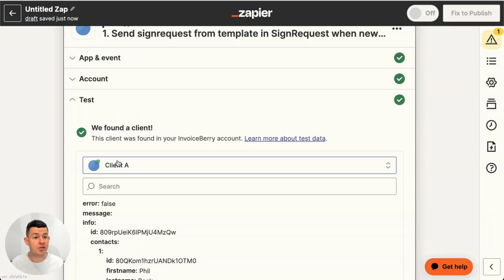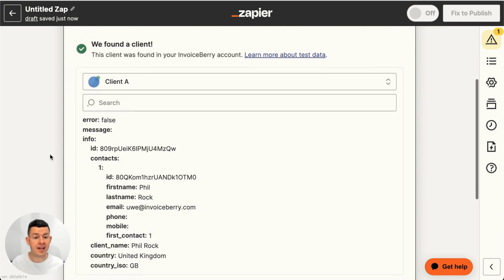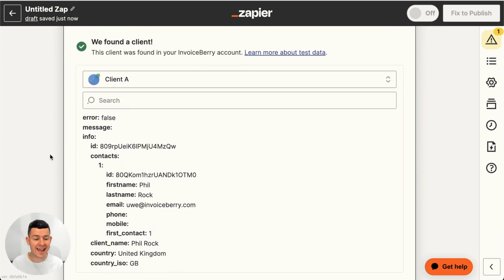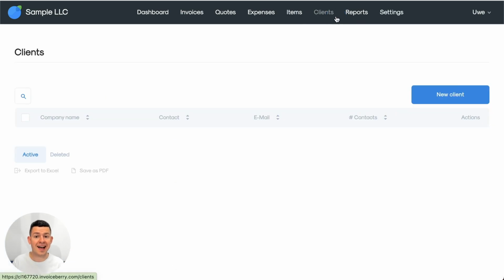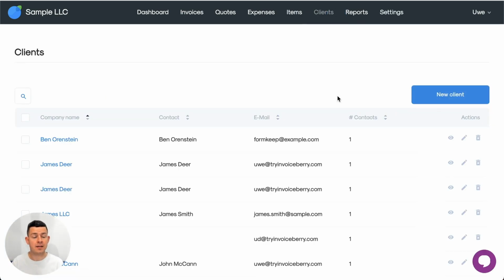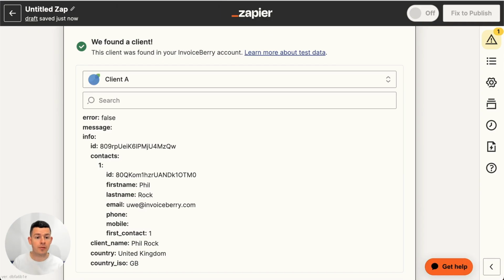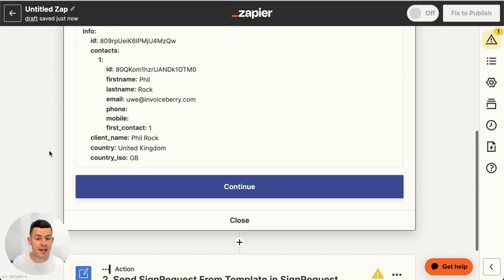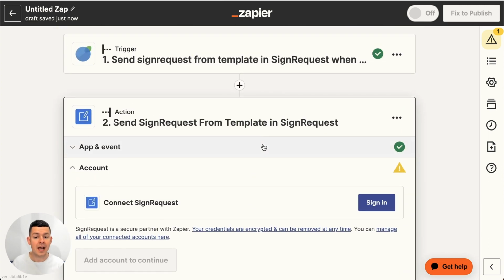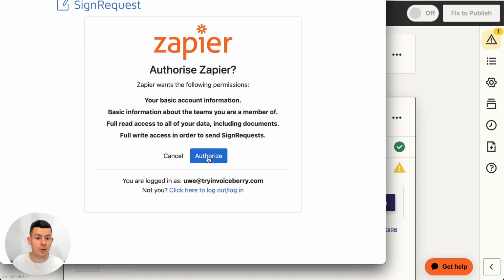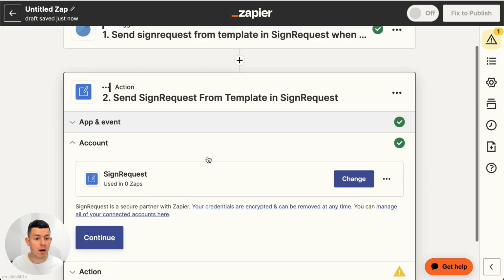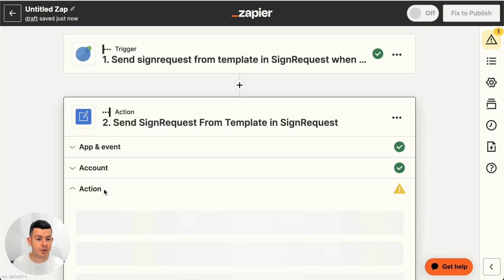Okay, and once you set up your account, just click on Continue, and under the test section, we just do the test trigger. If you haven't created any client in your InvoiceBerry account, now is the time where you should create a client by simply going to InvoiceBerry, click on Clients, on New Client, and set up your first client. Let me go back to Zapier. So I've already got my client here, so I can just click on Continue, and now I want to connect to SignRequest. All right, I want to authorize it. Perfect. Now I'm also connected to SignRequest. I click on Continue,